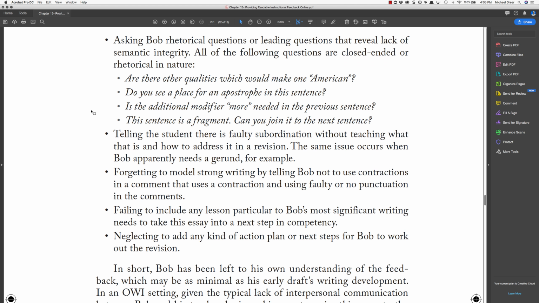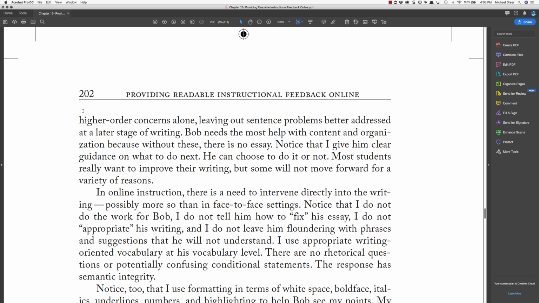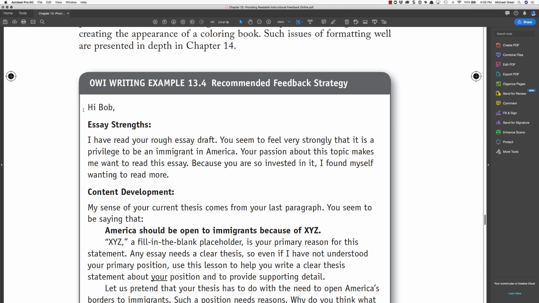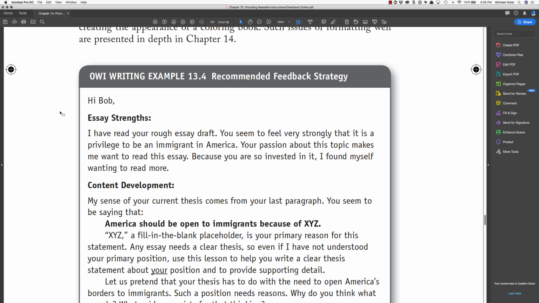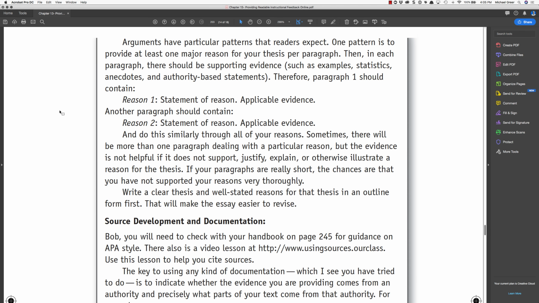So how does she say we should do it better then? All right, Beth Hewitt, what do we do better? And she provides this example right here, example 13.4, recommended feedback strategy. Same student, same paper, but a better job of identifying and exemplifying that 4-part what, why, how, do model. So you can read through this and see how you think it compares to 13.3 and why you think it's